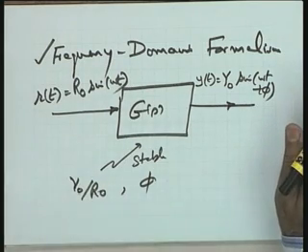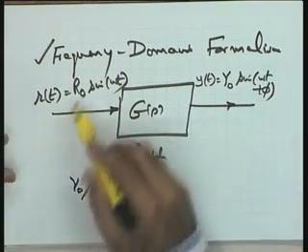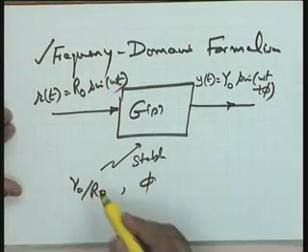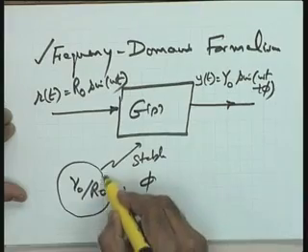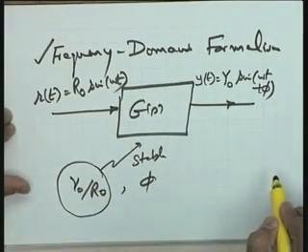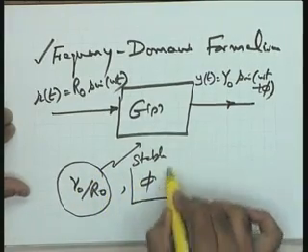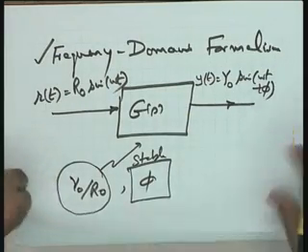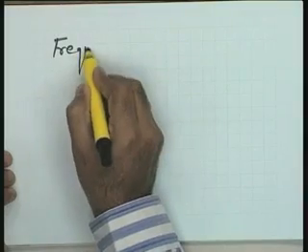So you see that in that particular case, I will say that the frequency response of this system is given by the variation of Y naught over R naught versus frequency, and the variation of phi versus frequency. Because if this information is given to you, you give me any sinusoidal input, you will be able to get the sinusoidal response of the system at steady state. So I have defined in the process what I mean by frequency response.